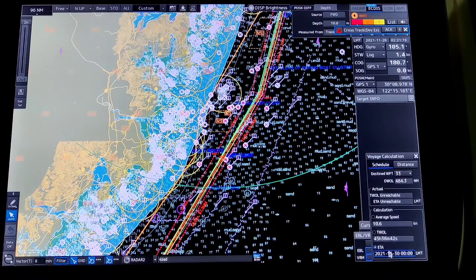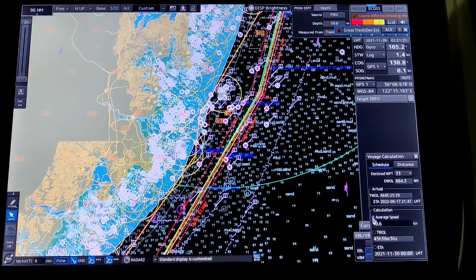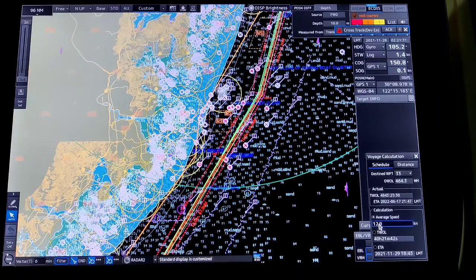Okay, so you will get the speed required. 10.6 is the speed required. And if you click on average speed, if I want to make average speed 12 knots, then it will calculate that with 12 knots you will reach on the 29th at 1845 local time. I will reach with 12 knots.